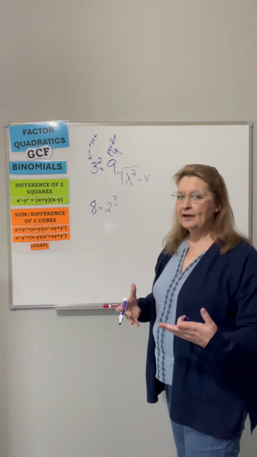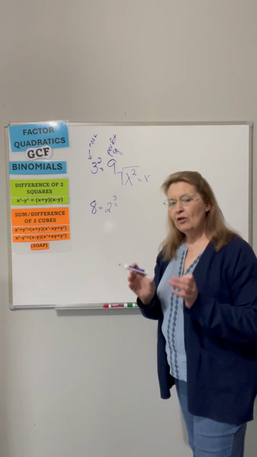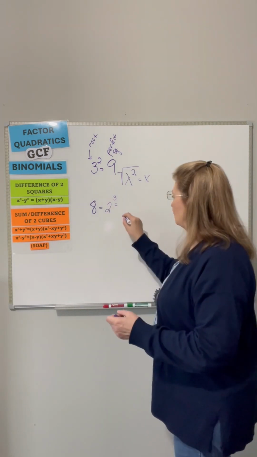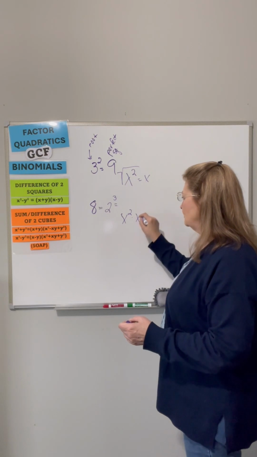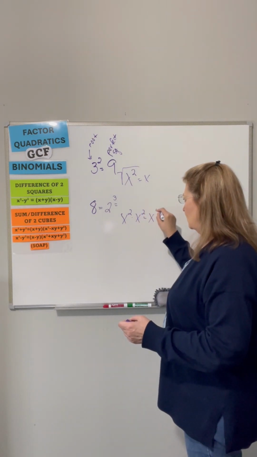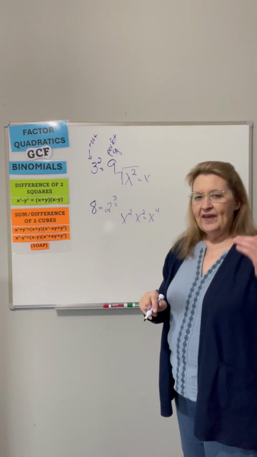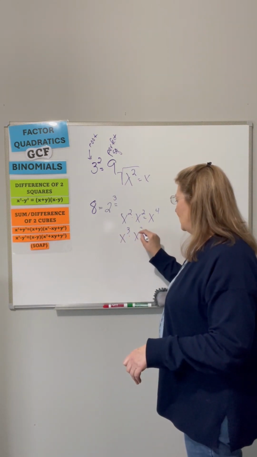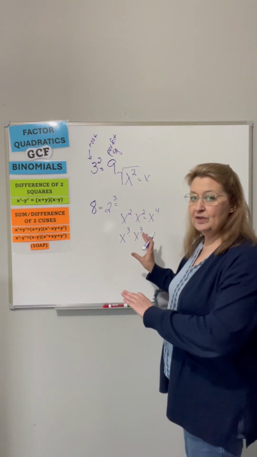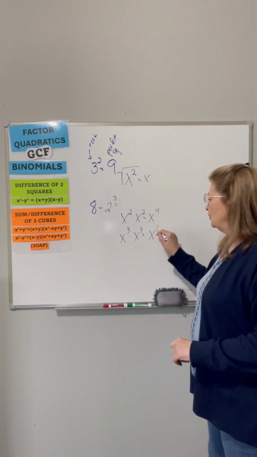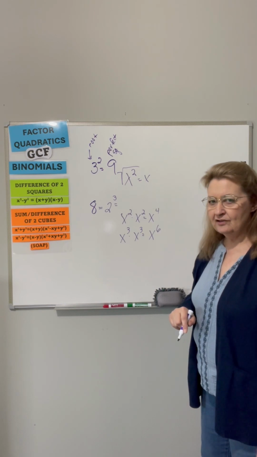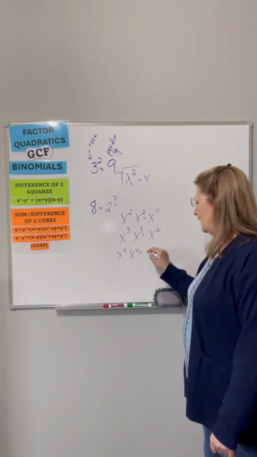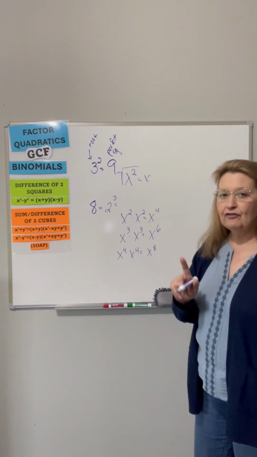But what about your higher ones? Well, remember, when you multiply 2 bases together, you add the exponents. So let's just say I multiplied x squared times x squared. I get x to the 4th. That's an even exponent. Anytime you multiply a base with an exponent by itself, you're going to get an even exponent. If I do x to the 4th times x to the 4th, I get x to the 8th. Therefore,